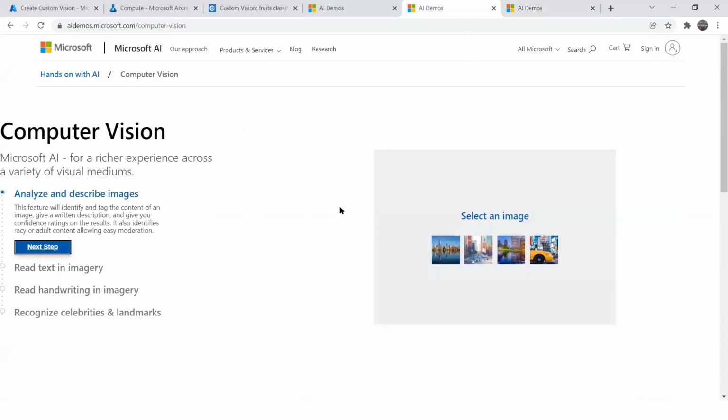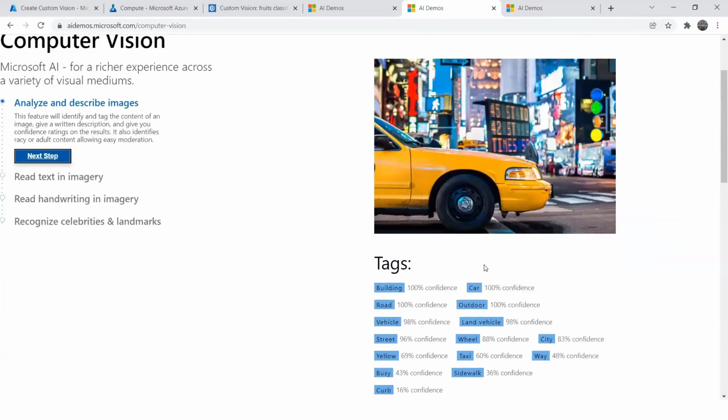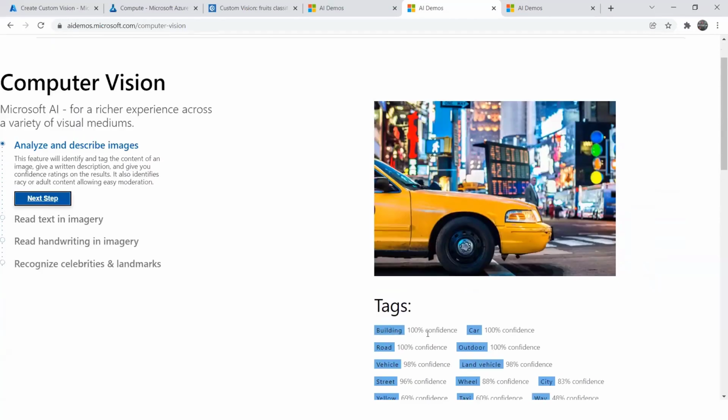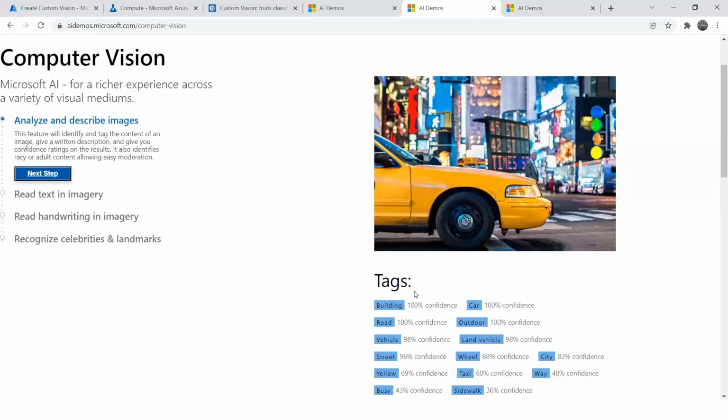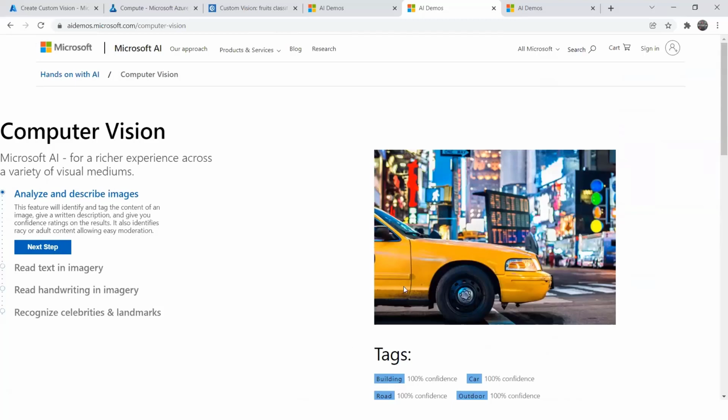Okay, so you can also have some other. I will show you some other AI capabilities as well, which is nothing but computer vision. So if I click this particular image, see, it can analyze this image. It has a confidence percentage as well. It says there is a building, and it's 100% confident that there is a building and there is a car. And it's confident that there is a road. But it's not confident whether it's a taxi, because this can be an owned car as well. So it can analyze an image by providing just an image.